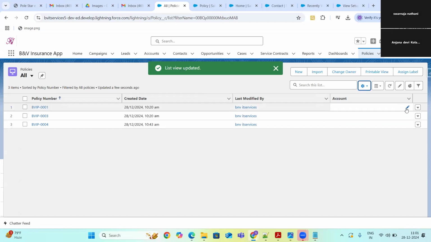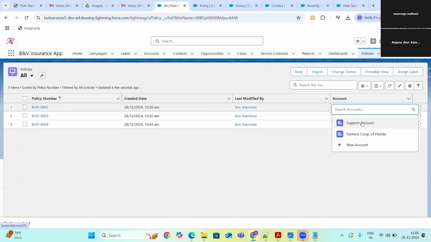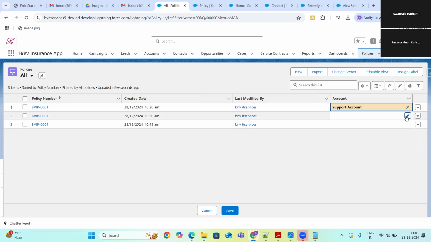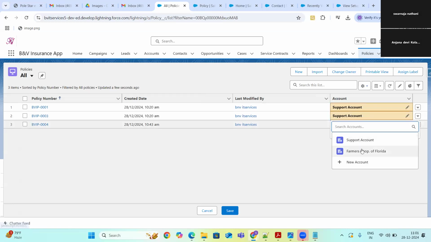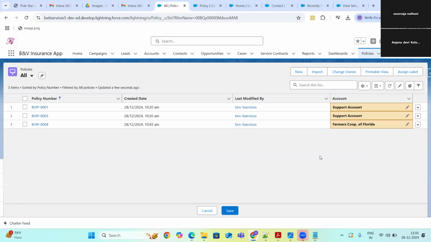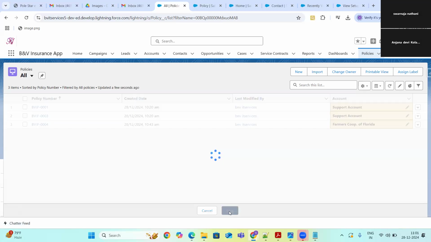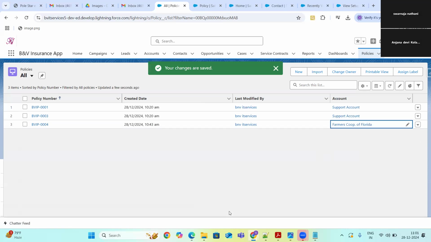Let me just select some account, support account, Farmers Group of Florida. Okay. And clicking on save. Now my policies has the lookup relationship and all the values also get populated for that particular field.